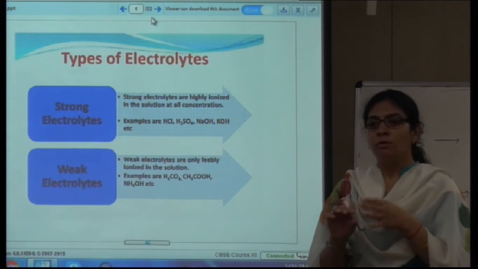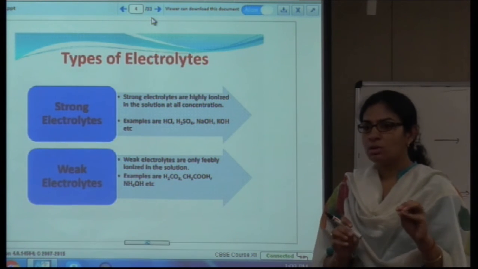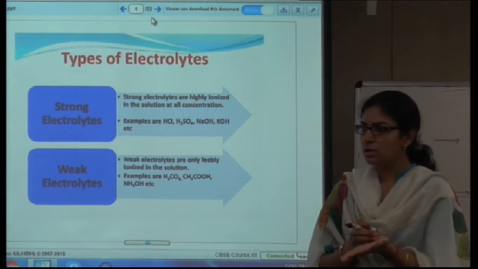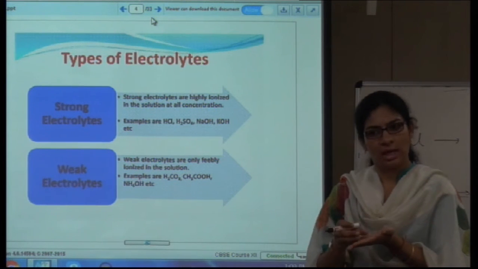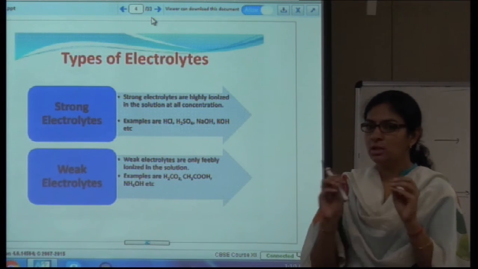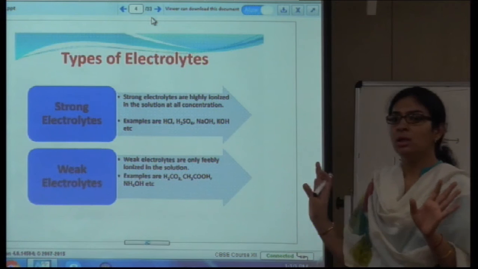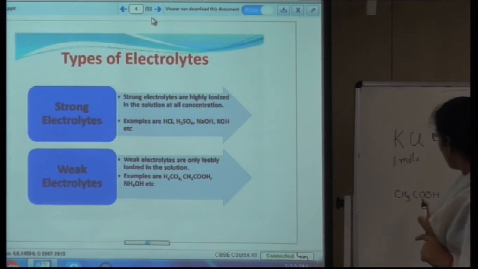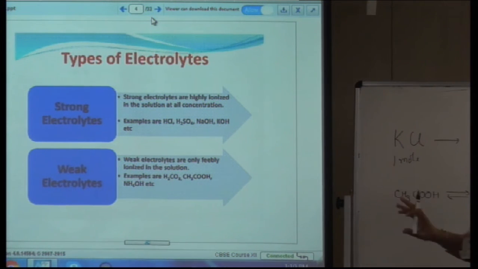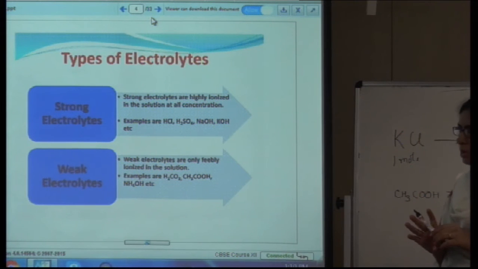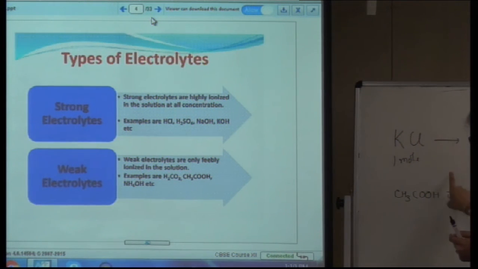HCl is fully dissociated at all concentrations, meaning whether you take the concentrated solution or the dilute solution, you are going to get equal numbers of H plus and Cl minus ions, whereas this acetic acid is not fully dissociated at all concentrations. It has this equilibrium sign. This equilibrium sign says that there is some possibility of acetate ion and H plus ion to recombine and form